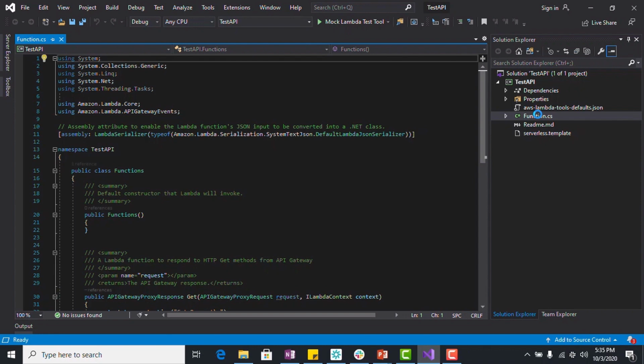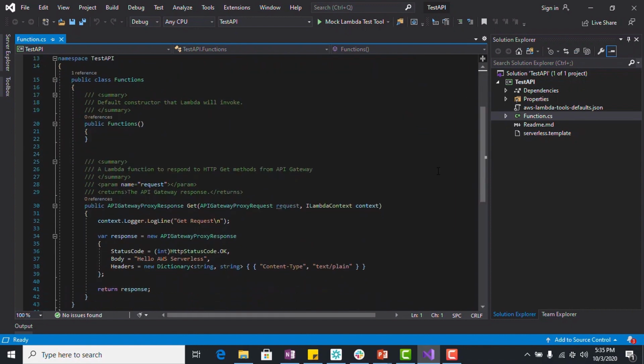Each of these functions accepts an API Gateway proxy request object and returns an API Gateway proxy response. You expose these Lambda functions as HTTP API by using Amazon API Gateway. The API Gateway proxy request contains all the information representing the HTTP request, like header, body, etc.